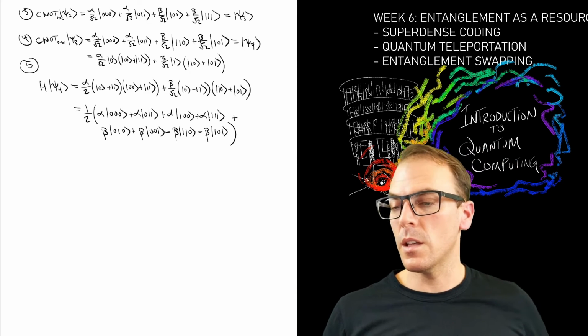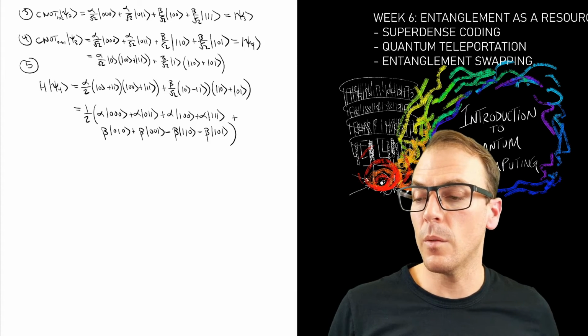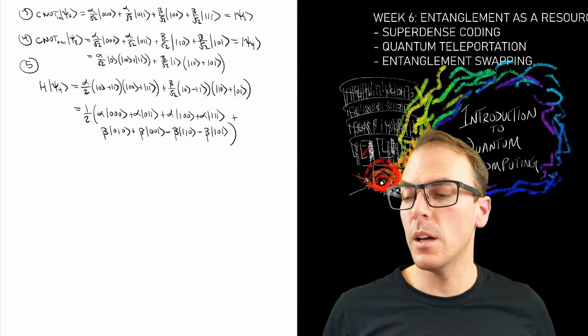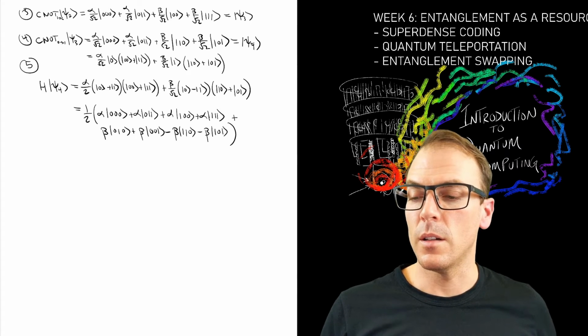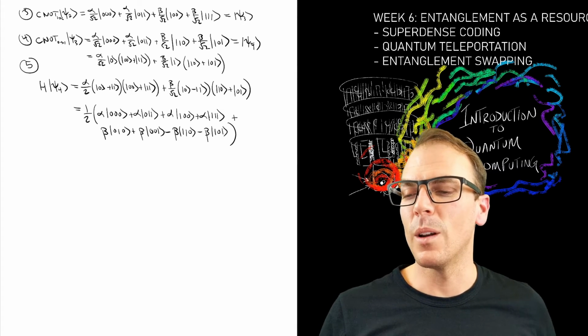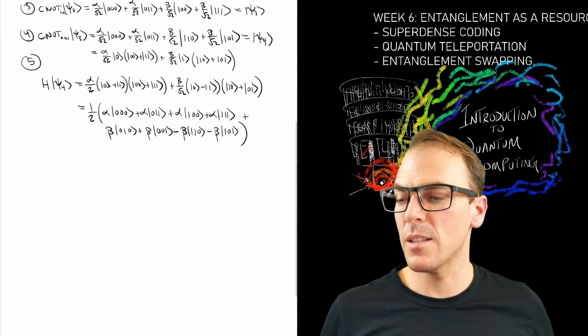And let's see here. We have 8 terms, and we've covered all the basis states. We have 0, 0, 0, 0, 0, 1, 0, 1, 0, 0, 1, 1, 1, 0, 0, 1, 0, 1, 1, 1, 0, and 1, 1, 1. Okay, good. So we have 8 basis states,